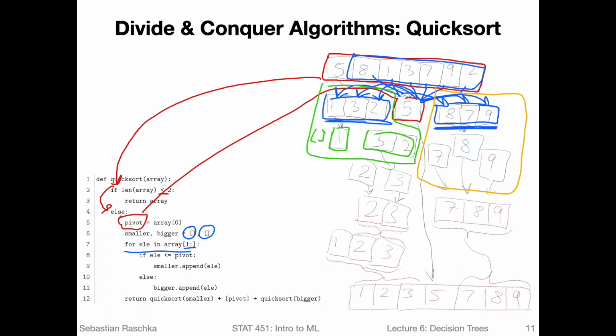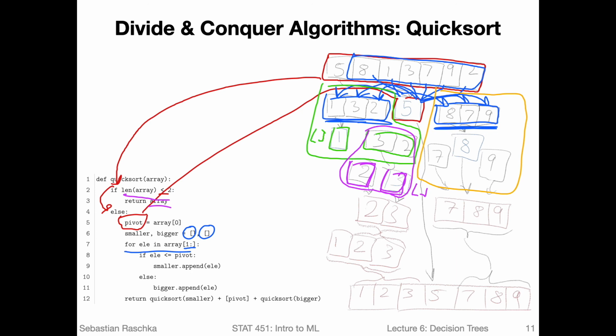And then what we do is we call quicksort again. Now we only have the bigger one, right? Because smaller was empty. And we pick the first value as the pivot, and then we have only a smaller element here. There is no bigger element, so bigger in this case would be empty. Now if we would then call quicksort again on the 2 and the 3, in this case it will return the array, because right now we have fewer than 2 elements. So in this case it will just return the array itself.